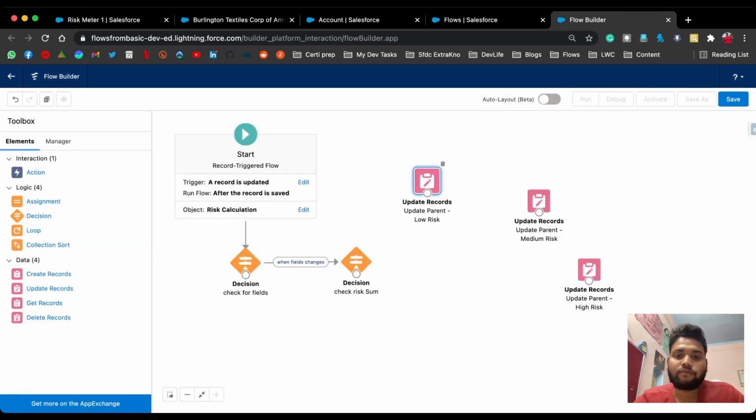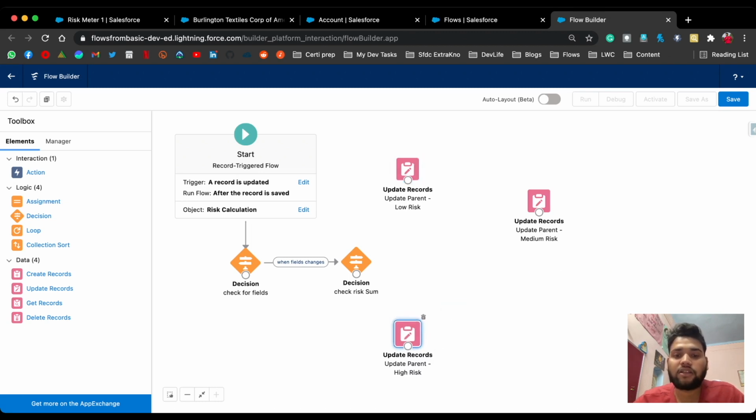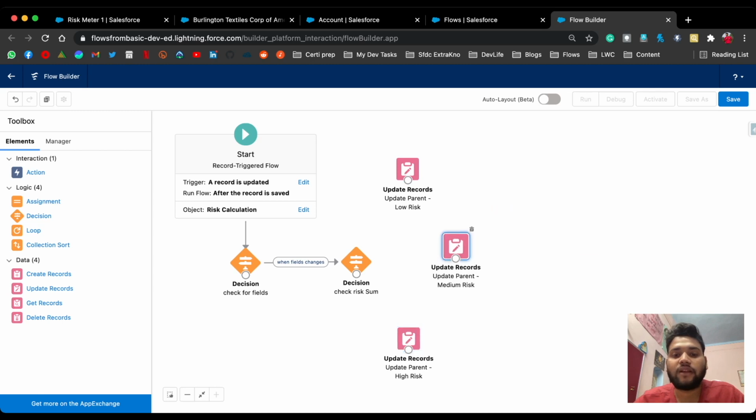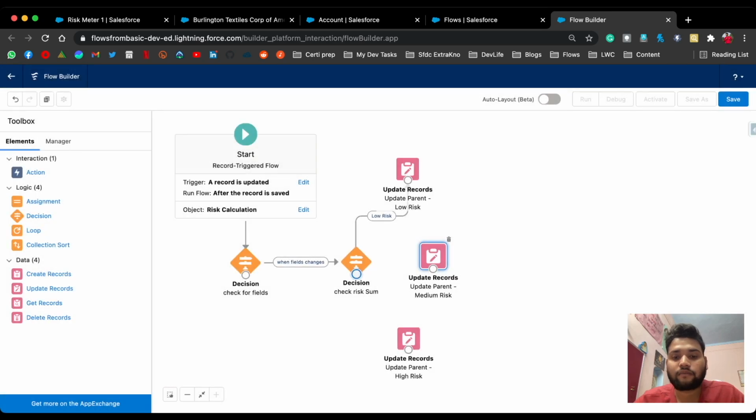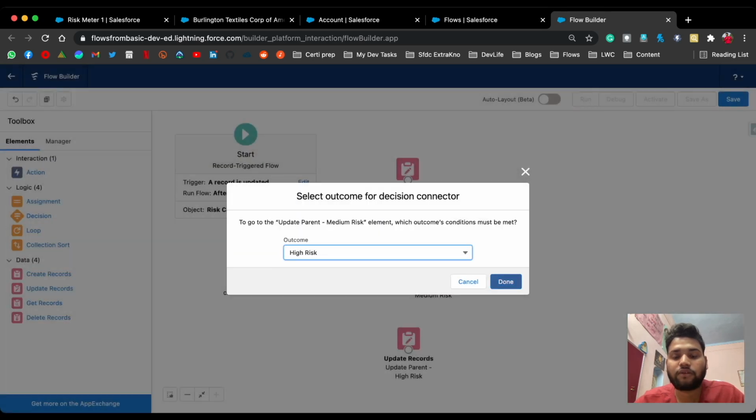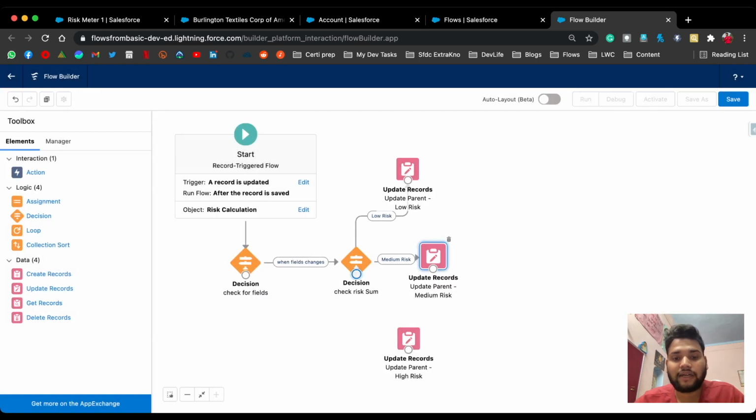Now simply you need to connect these update record elements with the decision element. Let's connect it. Low risk, medium risk, and high risk.